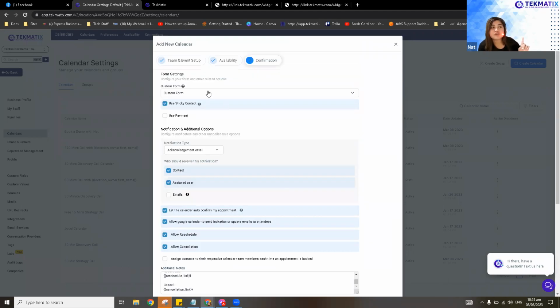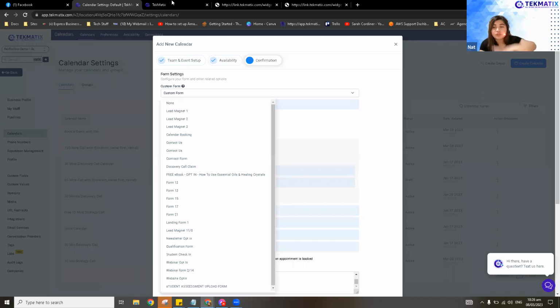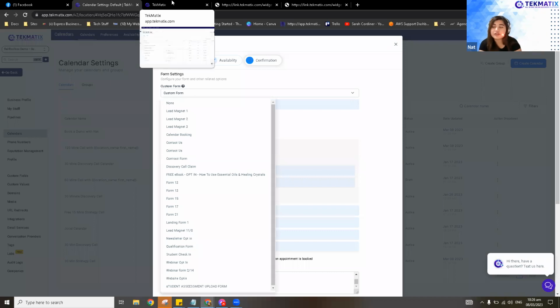But first, let me show you how to do the custom form, because I think Adriel asked about it. So when you go here, you can actually put none. It will just do the custom form, which has all the necessary information: name, last name, phone, and email, and additional information or additional notes for the booking. Or you can actually create a whole new form to embed, so you can have all the fields that you need in there.